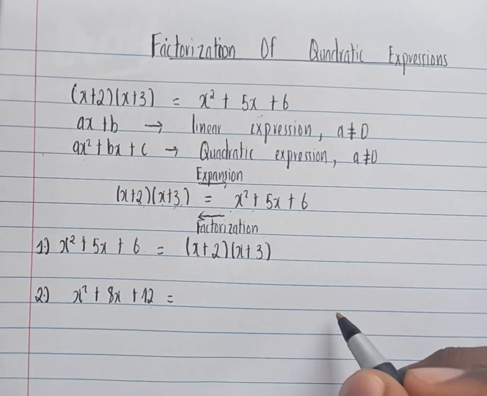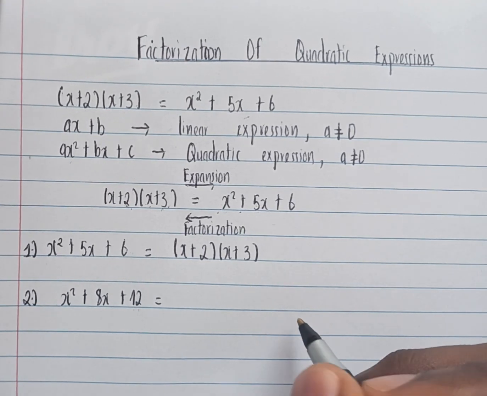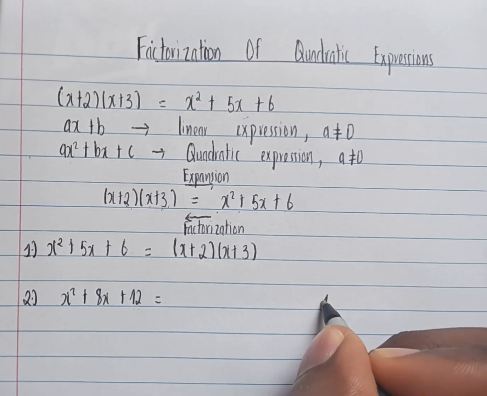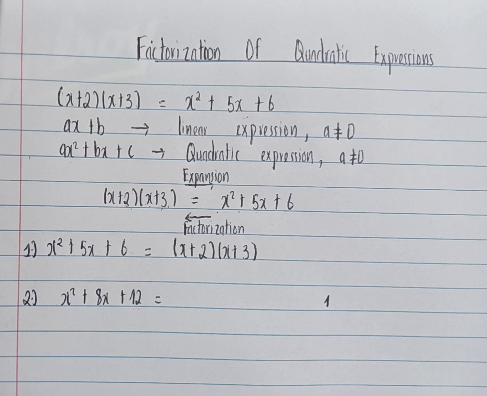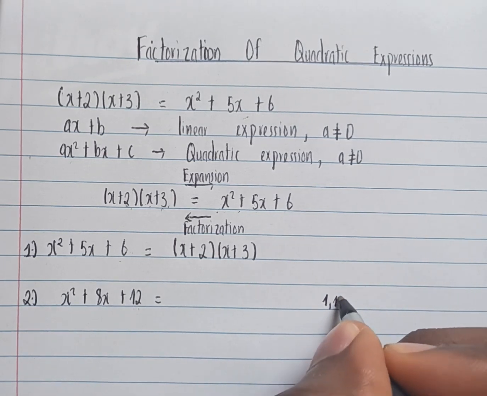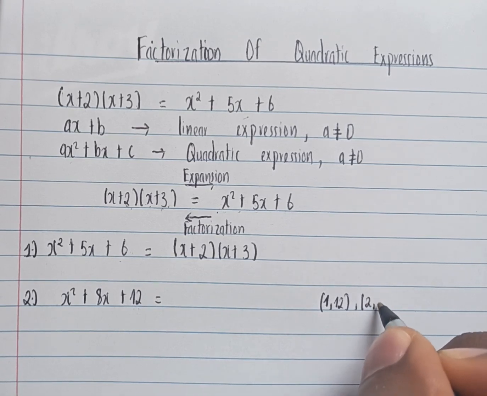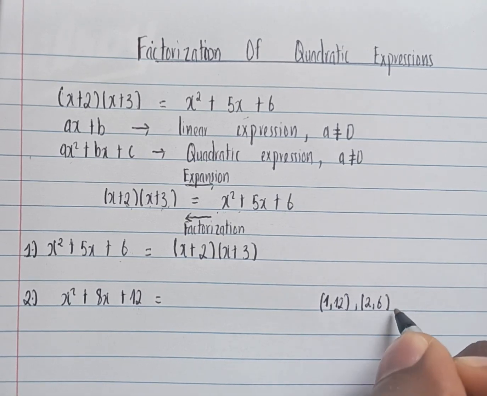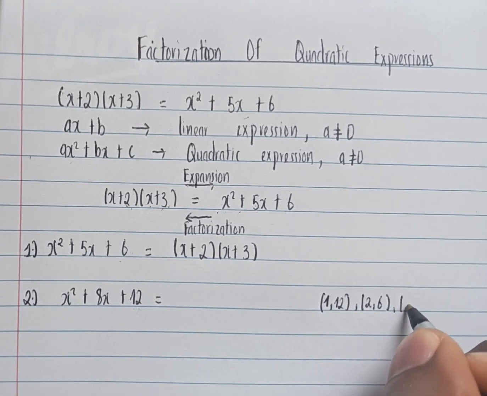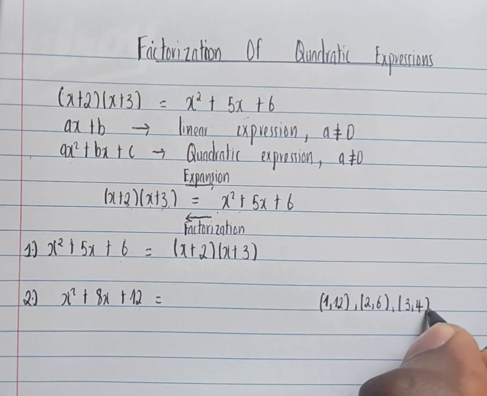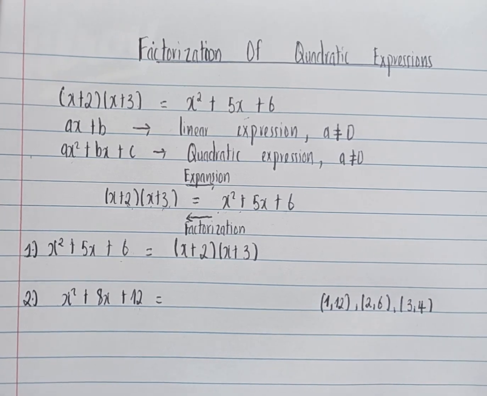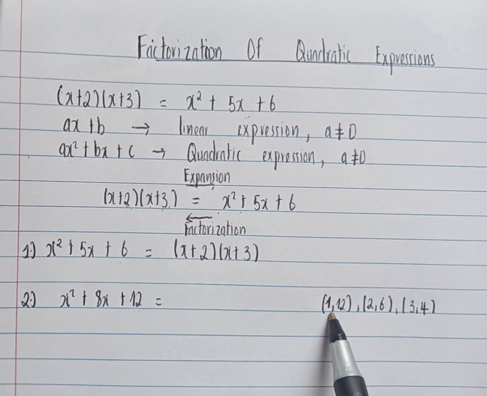So I can enumerate my list of factors of 12. I have 1 and 12. I know that 1 times 12 is 12. Another is 2 and 6. 2 times 6 gives 12. And I have 3 and 4. These are my list of factors, and in each couple,